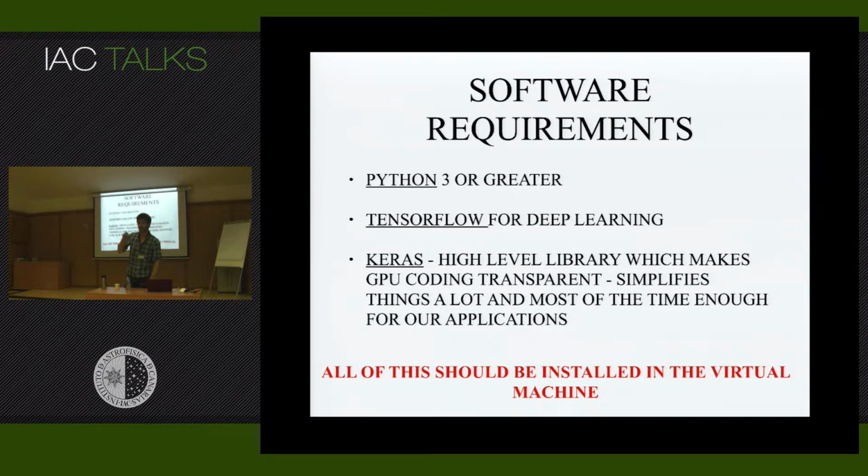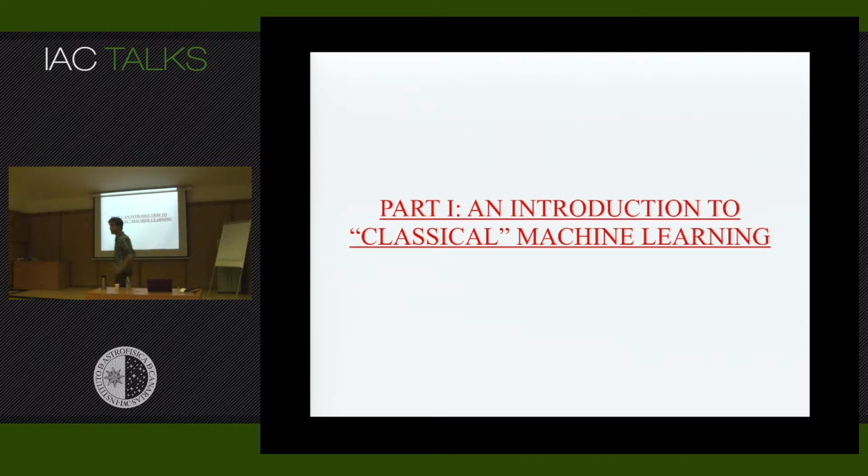Anyway, I sent some information to the organizers, so we will work on Anaconda and all the packages that you need to install. All algorithms work even if you don't have a GPU, but they are extremely slow. So this will be interesting for you to notice how different it is when you work with and without GPUs, with CPU. So I'll try to reduce the amount of data so that we can work with CPUs and get some results. That's good to know. OK. Any questions on practical things before I start with part 1?